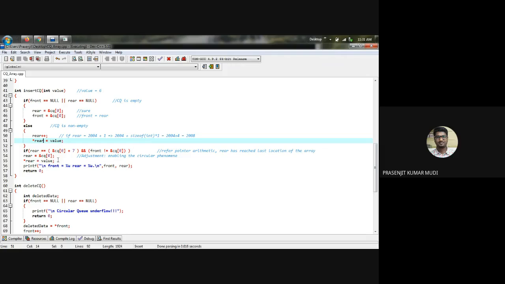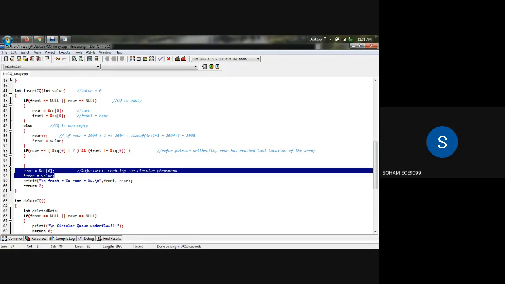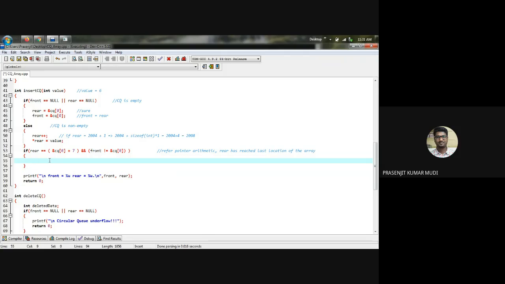হ্যাঁ, ওটা বলেছো ঠিকই, কিন্তু ওইটা এই ইফটা চলে আসার জন্য ওটা দেখছি আর কি। ইফটা চলে আসার জন্য এইটা করতে চাইছি। তো যখন এমপি রয়েছে এই কন্ডিশনটা, তখন এটা হবে, মানে সার্কুলার কিউটা স্টার্ট হওয়ার সময় এই ইফটা একমাত্র কাজ করবে। সার্কুলার কিউটা যখন একবার স্টার্ট হয়ে গেল, তারপর ইফ কন্ডিশনটা কোনোদিনই কাজ করবে না, আইদার এলস কাজ করবে।